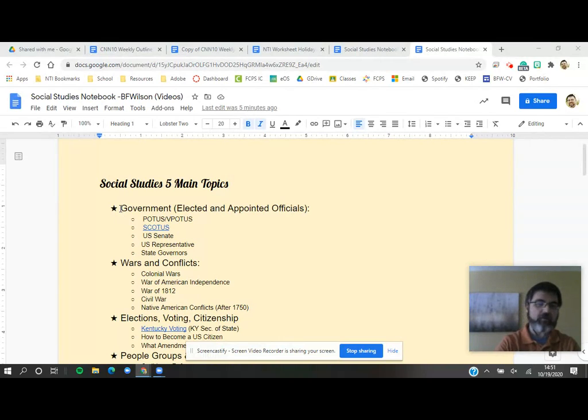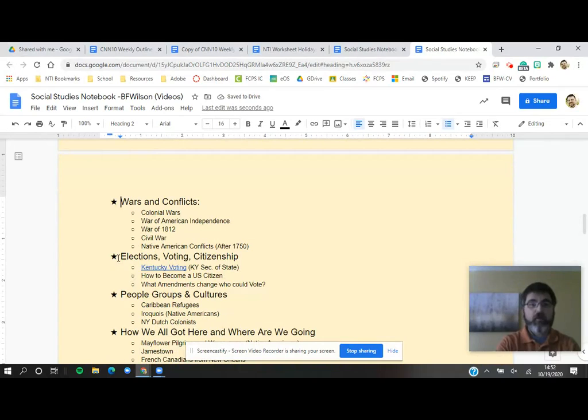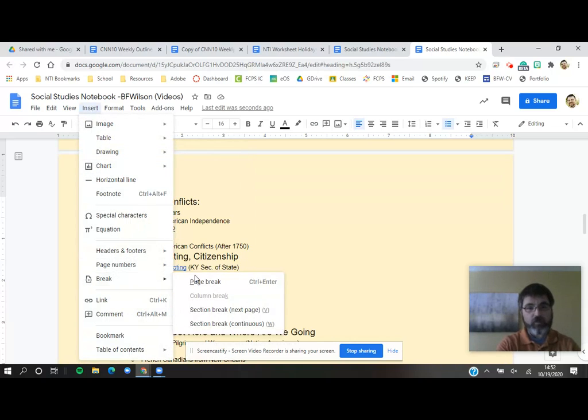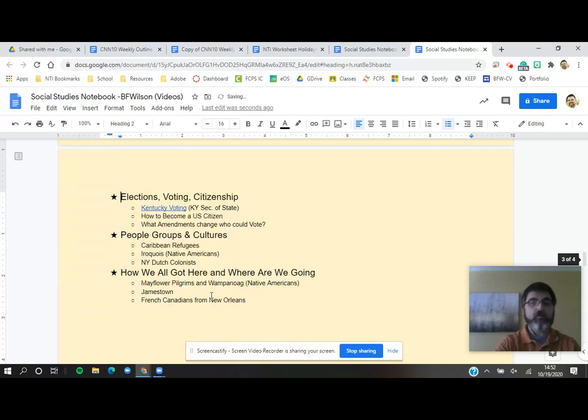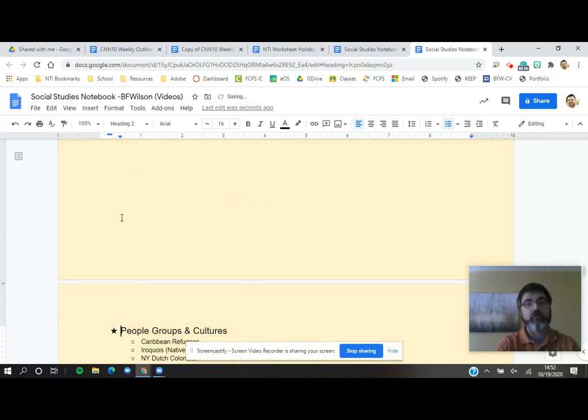So the way we do that is we're going to keep this section on the front page. I'm going to make this section a new page. So I'm going to hit Control and Enter, and then we'll insert a page break right here. What you can also do is go up to Insert and click Page Break. You can go to the next one and do the same. Again, I'm doing Control Enter. And then the last one,